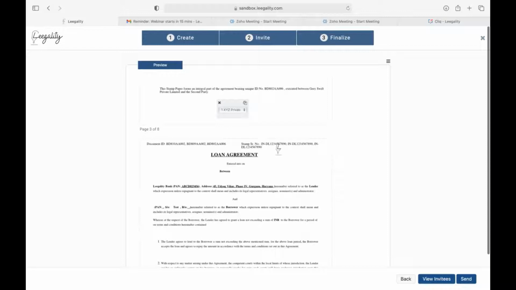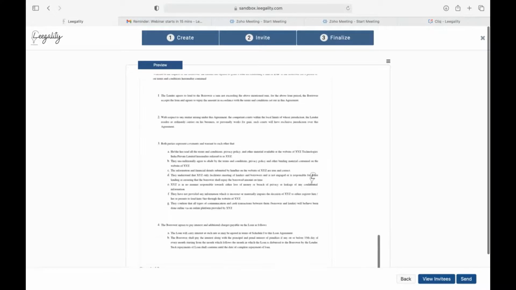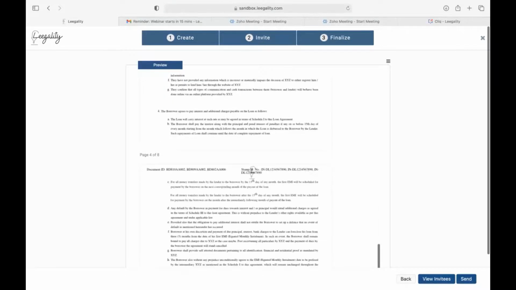These are the stamp serial numbers of the 3 stamp papers that have been used to make up the stamp duty amount for this document, right? So the government affixed number is printed as a header on each page of this document, right? So as you can see on the top here, there are 3 stamp serial numbers.